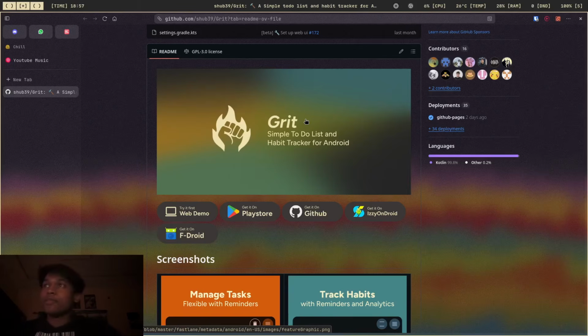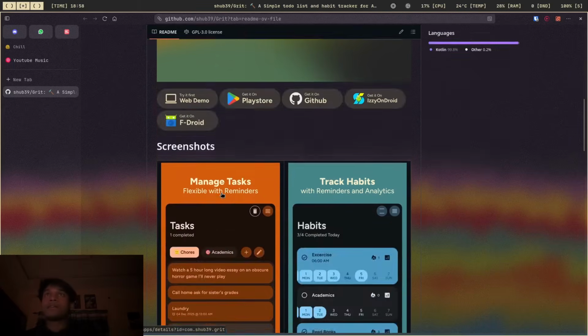And one of my problems was I was tired of Loop's old UI, and it had way too many features that I didn't use. So I made Grit, which is a simpler version of Loop Habit Tracker basically. But the code for Grit, it's all written by me from the ground up. And I just wanted to revisit because I'm starting to forget a lot of things. So yeah,